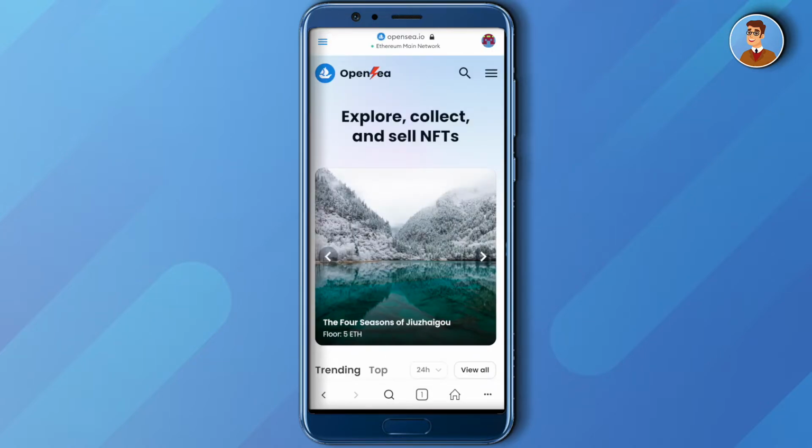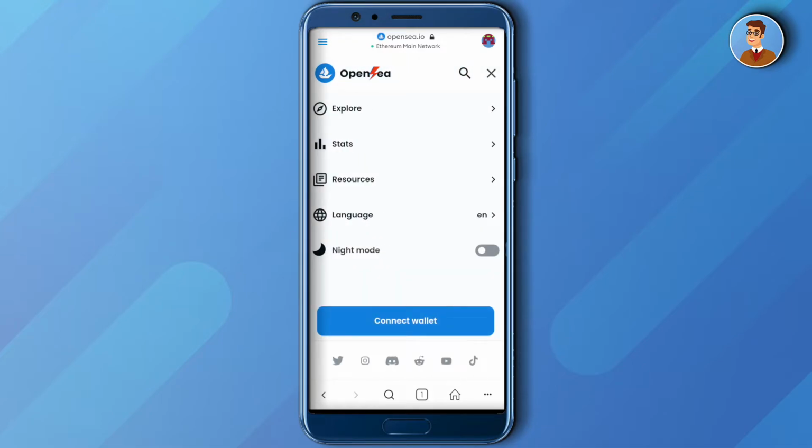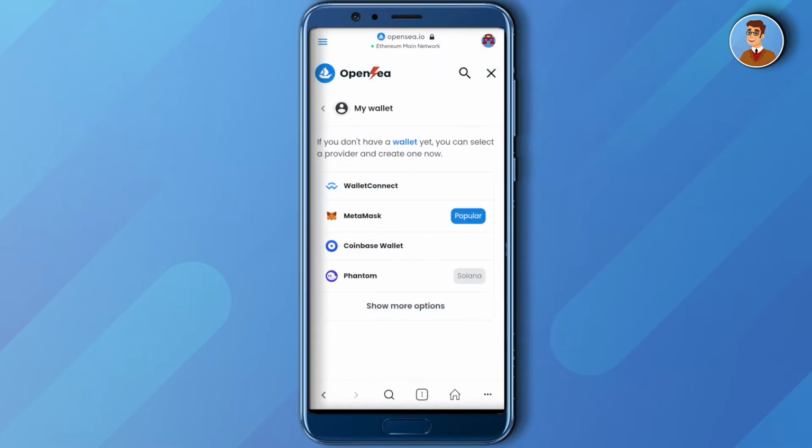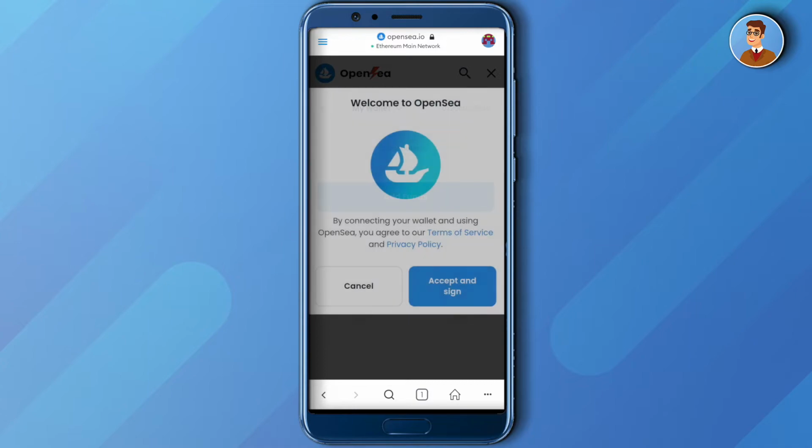and then click on the three lines on the top right corner, and here click on connect wallet, and then choose MetaMask, connect, accept and sign,